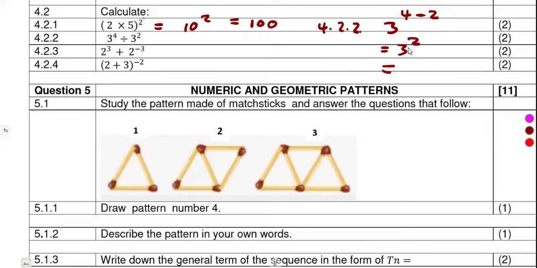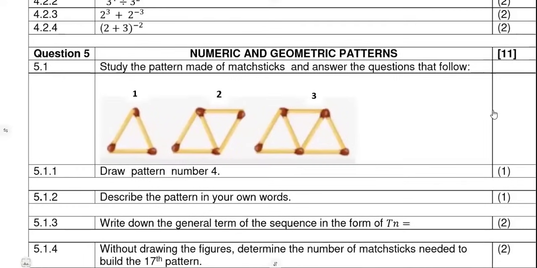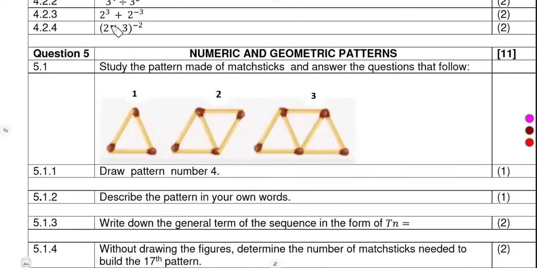3 to the exponent of 2, 3 times 3. 3 times 3, which is going to give us what? A 9. So that is what you're going to have. Just like that. So 4.23, we have